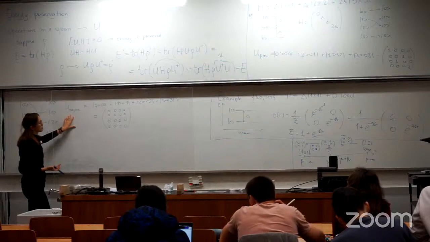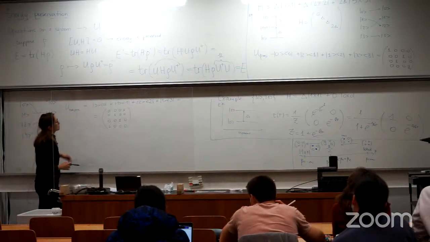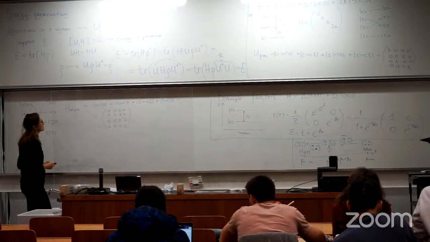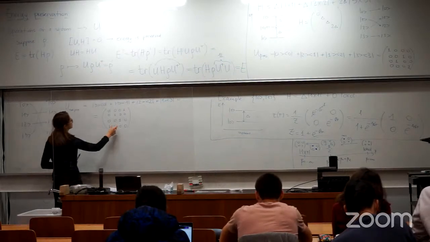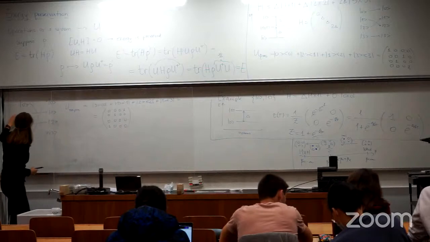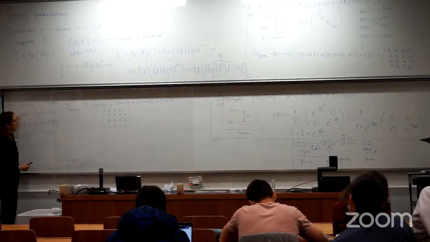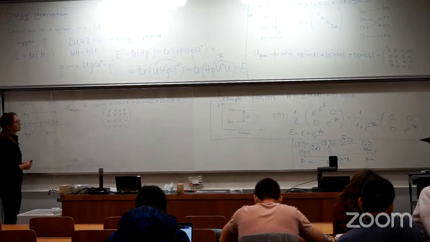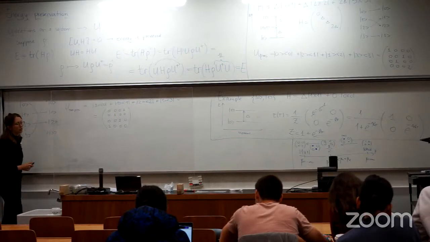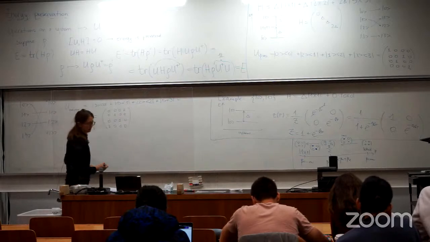Like, for example, in this case, if I take any state in a subspace of the states 1 and 2, for which nothing changes, the energy of the state would be preserved. So basically, for example,